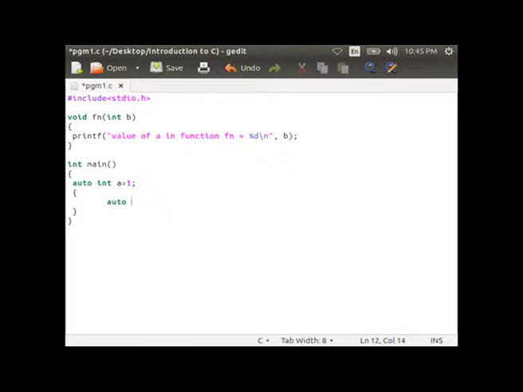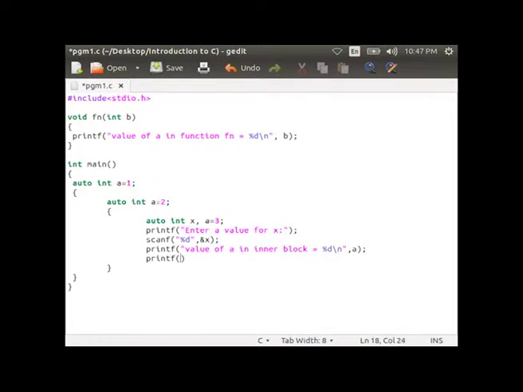brace, auto int a equal to 2, then within curly brace, auto int x comma a equal to 3, printf("enter a value of x"), scanf("%d", &x), printf("value of a in inner block equal to %d", a), printf("value of x in inner block equal to %d", x), then close the curly brace, printf("value of a in middle block equal to %d", a).